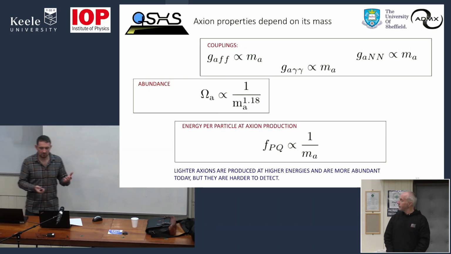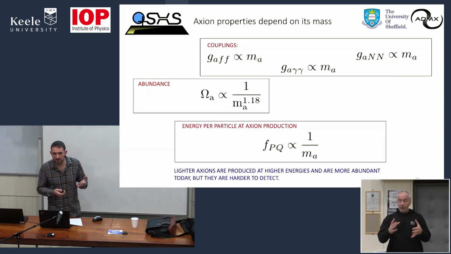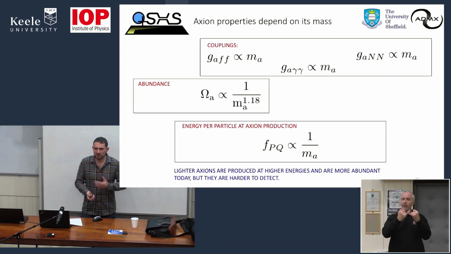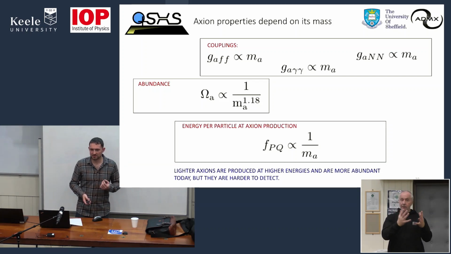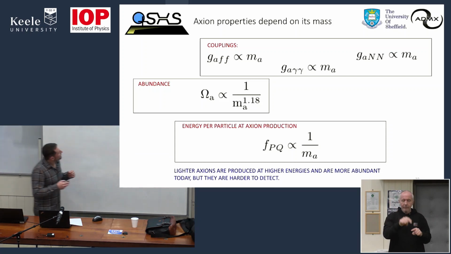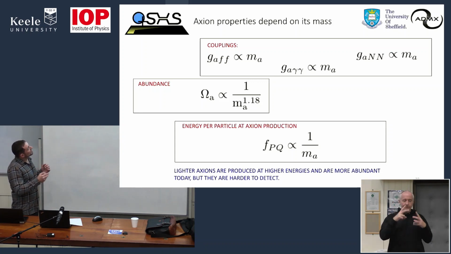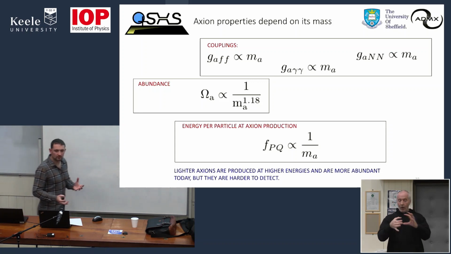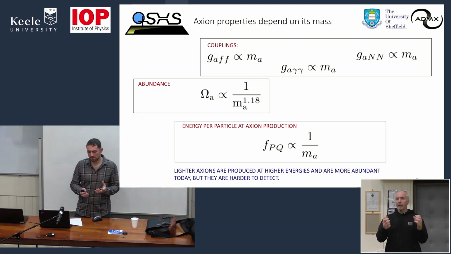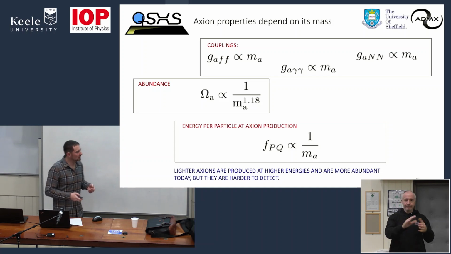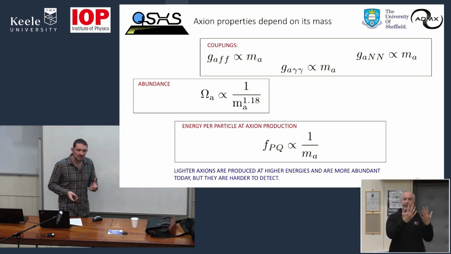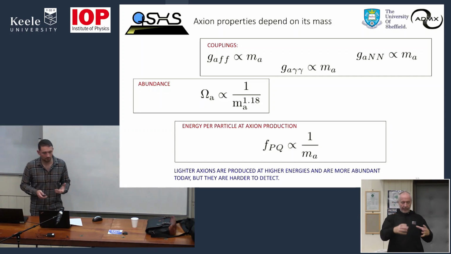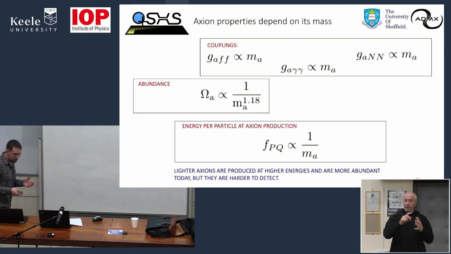So these couplings, it turns out, are very much dependent on the mass of the axion. I've already mentioned it might be dark matter, and an inherent property of dark matter is it has a mass. Well, I've also mentioned that we don't know what the mass of the axion is. If we knew, I think we might have found it by now. So we have to rely on the fact that these couplings, so how strongly it interacts with things, are proportional to that mass. A lot of its other properties, so how many of them there are, that 10 to the 15 in a pint glass I gave you, are also very much dependent on the mass of the axion. Inversely proportional, albeit,